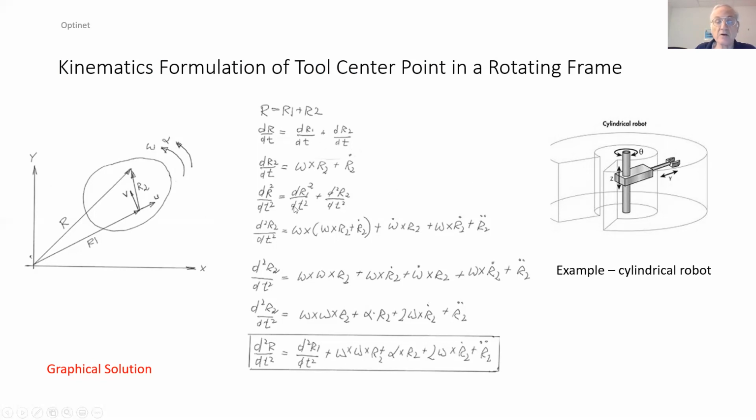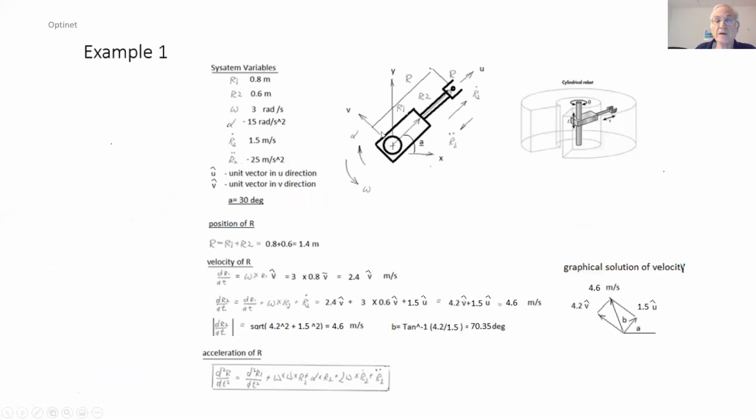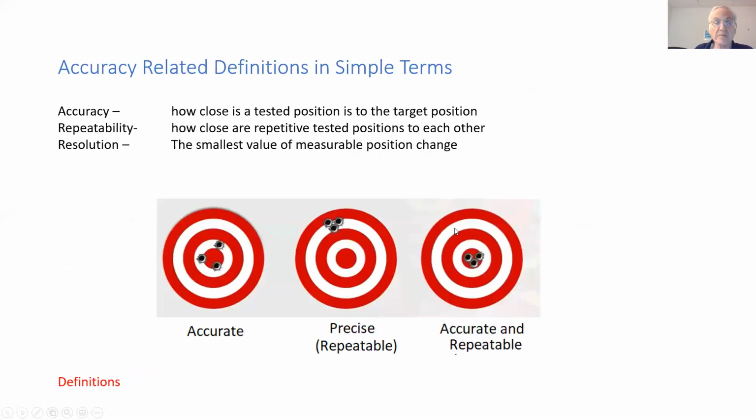So that could also be solved using a graphical solution. We see here an example with numerical values and a graphical solution over here. We also have to deal with precision and accuracy of mechatronic systems, and the definitions of the basic variables are